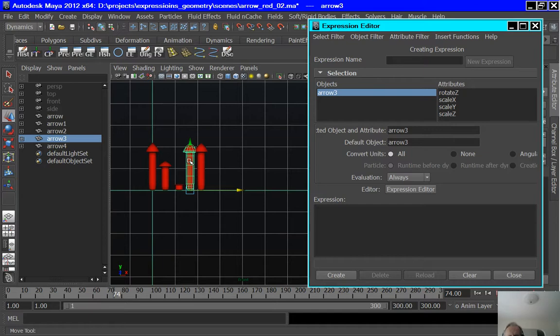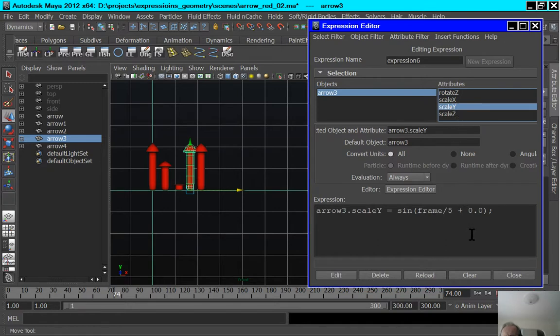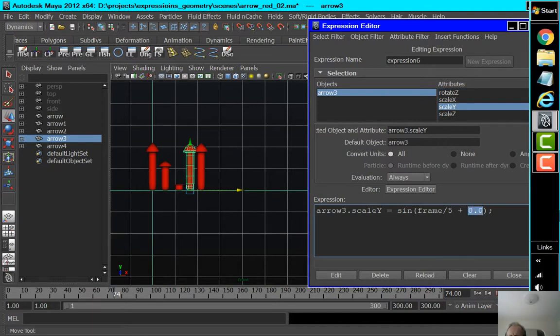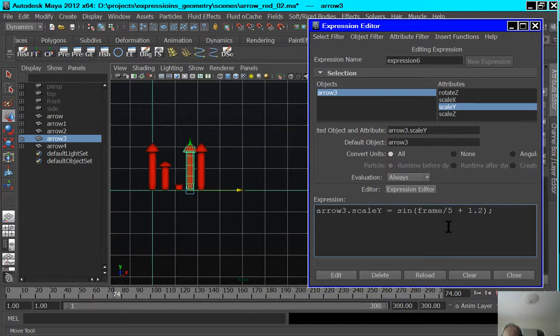Select the next arrow and select the scale Y, and here will be 1.2. So we'll put in a value, add 4/10 to 0.8, so it'll be 1.2. So we edit that,